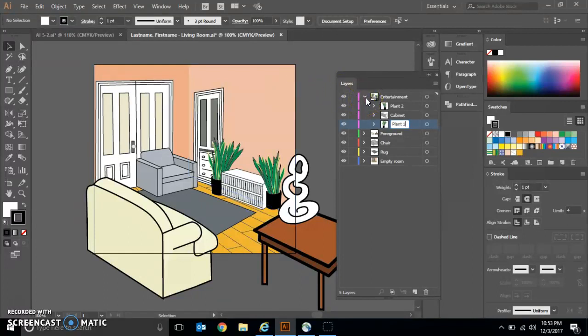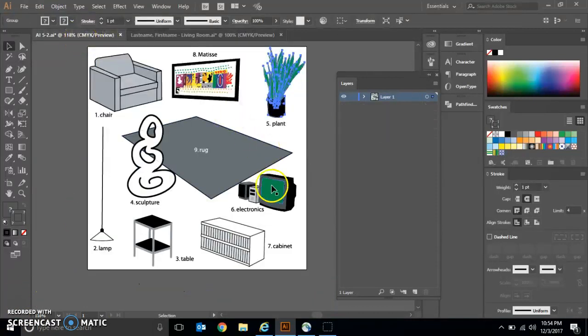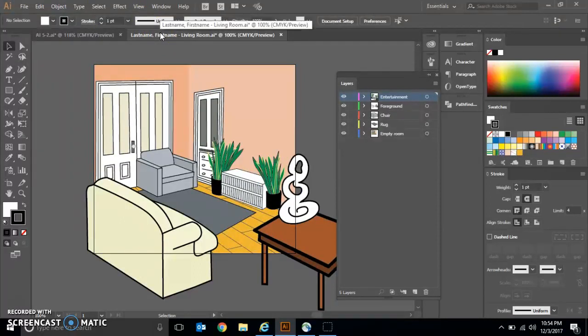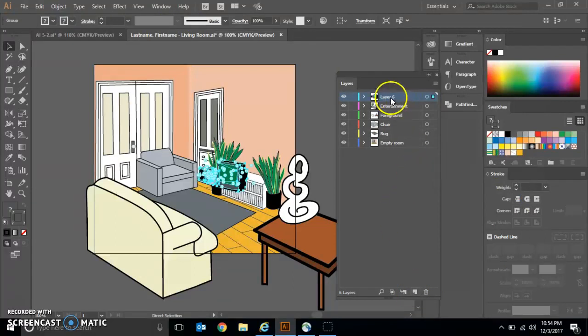So I want you to collapse your entertainment layer so that you can just see your 5 main layers. So now we need to go to that 5-2 again, and we're going to take our selection tool, click on the one labeled electronics, do our Control-C or our edit copy, go back to our living room, and we're going to hold down our Control key, make a new layer, and then we can do Control-V, paste our electronics, and then let's rename this one real quick to